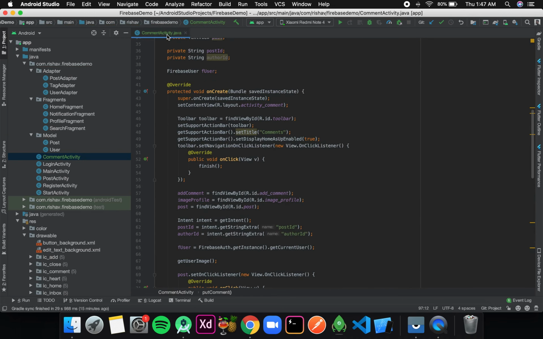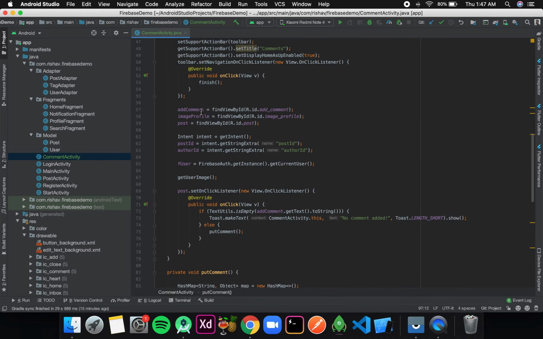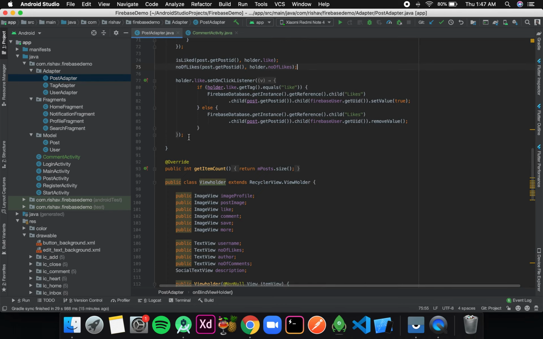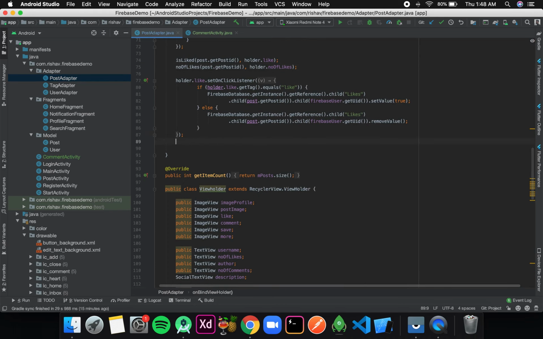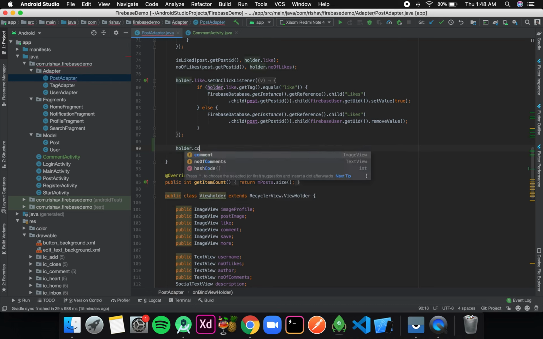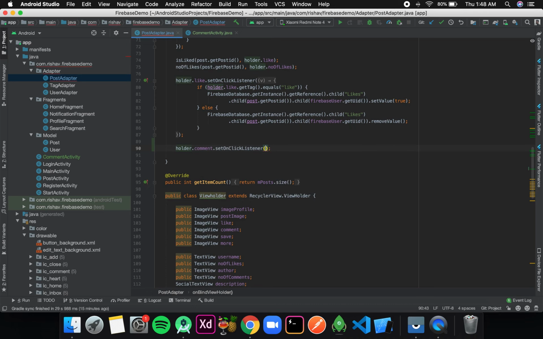But the next important thing that we need to do is to call this comment activity from our post adapter. So back in the post adapter in our on bind view holder, I'll write holder dot comment dot set on click listener, new on click listener.